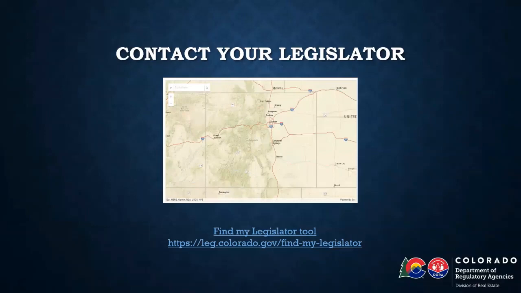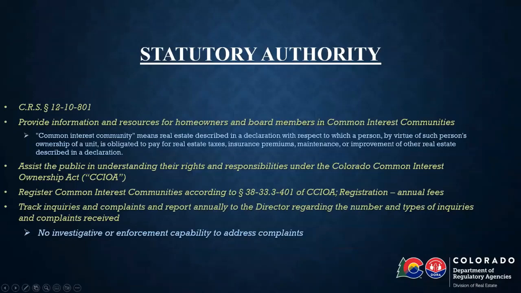The way for you as homeowners, board members, community association managers, tenants, lawyers, whatever you are, for whatever reason you are following us today or listening in on this today, my strongest recommendation to you is that you should really consider reaching out to your legislator, both your state representative as well as your state senator, and share your thoughts with them. Let them know, hey, I live in this place and it's run amok, or we don't have enough funds to make the requisite repairs and conduct maintenance in our community, or whatever the situation may be. Share those experiences with your legislators so that they understand what you're